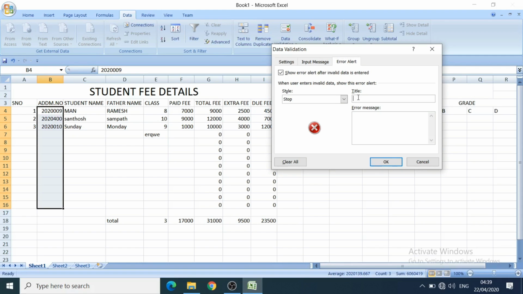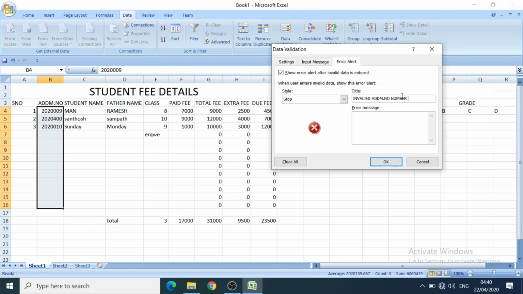Invalid admission number. That is what I want to display.